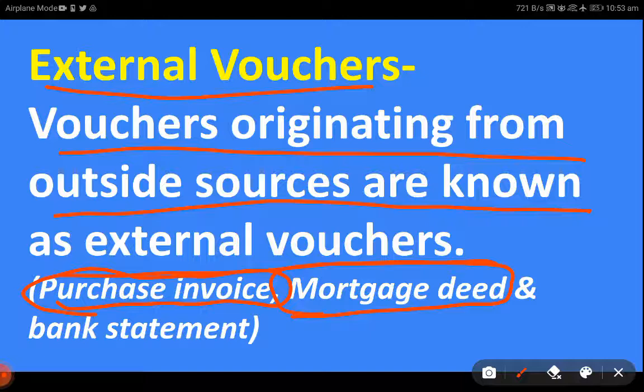When you take a loan for a house, the mortgage deed is prepared by the bank or a mortgagee. So you are not preparing it, rather someone external to the business is preparing it. So that is also an example of external voucher. And bank statement, once again, even though it contains the banking transactions which you generated throughout the period, you have not prepared it, rather your bank has prepared it, and the bank is external to your organization. So once again, bank statement is also a piece of evidence and an external voucher, an external piece of evidence. So I hope this video clarified your concept